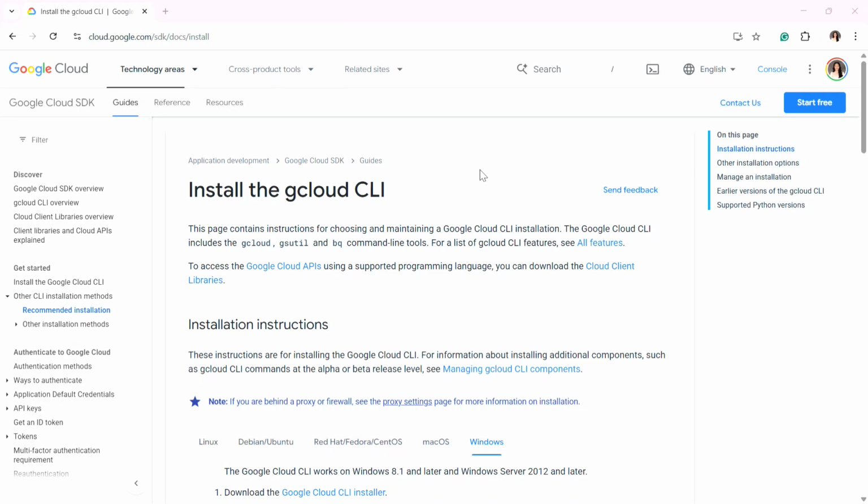How to install Google Cloud SDK. In this video, I'll show you how to install Google Cloud SDK. So to get started, go ahead and head over to